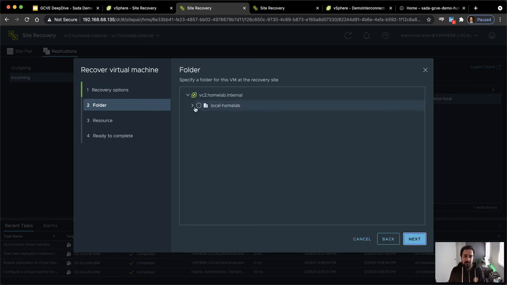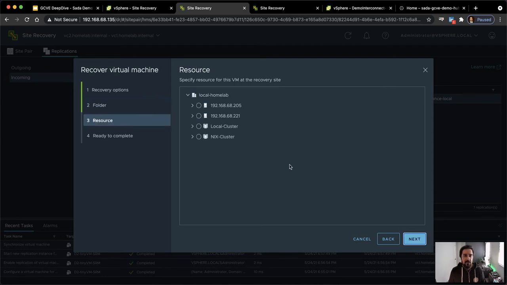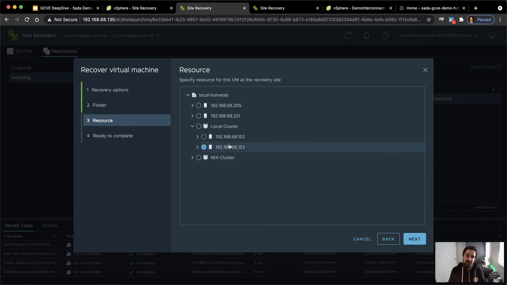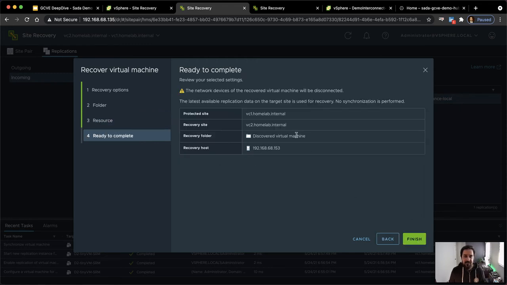So when I hit the next button, I have to select the folder where I'm intending to put this workload. And I have to select the host. So in my local cluster, I'm going to select the host 152, 153 in this case, just because the datastore is common. And if I hit the button finish,